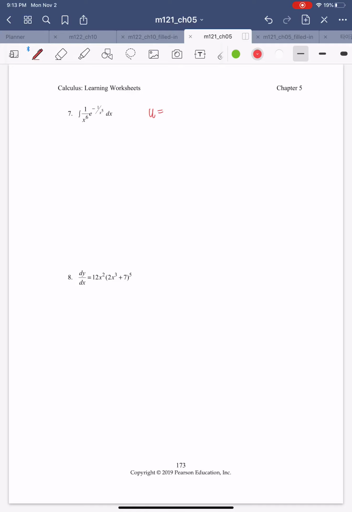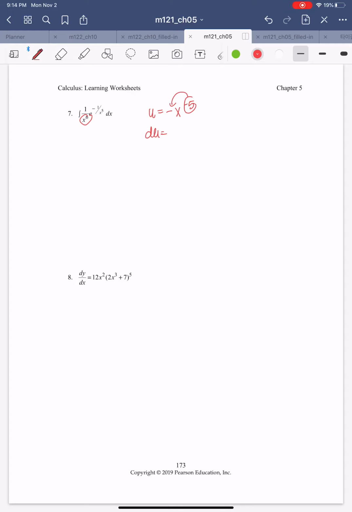But the u that I have on number 7, I have this u as, it's a little bit tricky. I'm going to do negative x to the negative 5. Now, why did I do that? Why did I do that? So you have this x to the 6. I knew that x to the 6 on the bottom, if I take the derivative,